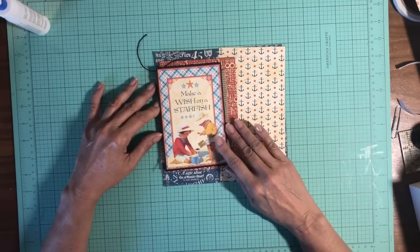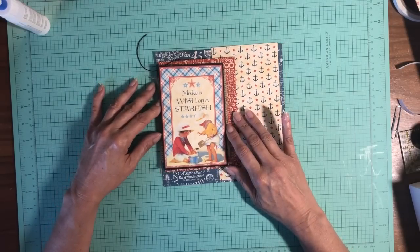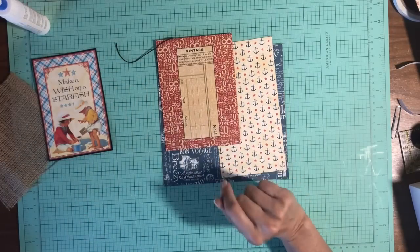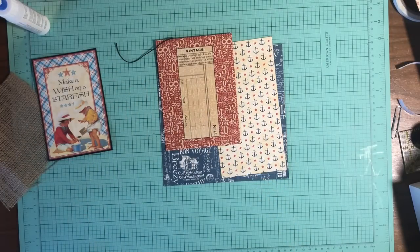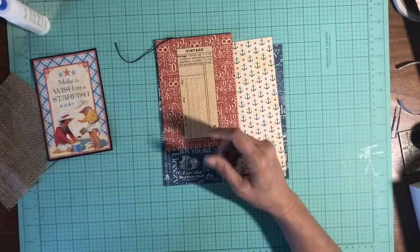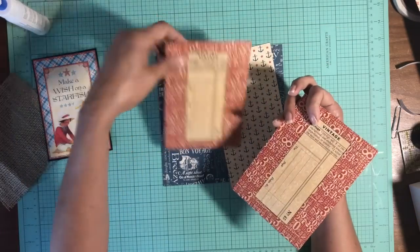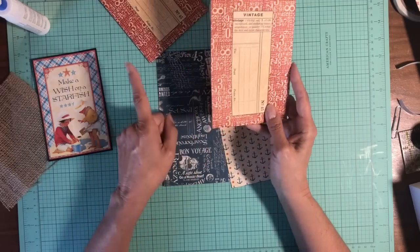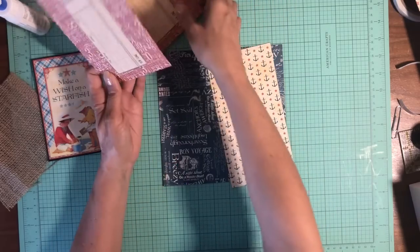It does take glue and tape to hold the burlap in place. So the second way I came up to attach it, and I like this better, it's cleaner, and you can still use the burlap, you're just not using the burlap as a hinge. So this is the same policy envelope. So this policy envelope is slightly different, and you can't even really tell the difference, but what I've done is